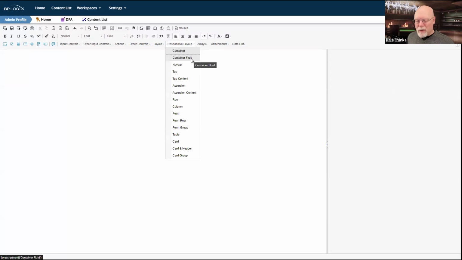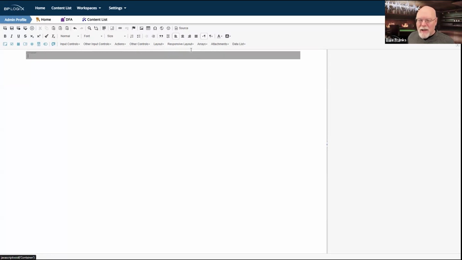I don't like container fluid much, and I don't like it much whenever I'm using regular Bootstrap. Container is a fixed width container that is 1,000 pixels wide and that you can build inside this container. You have to have a container control on the form before you do anything else inside of Bootstrap.